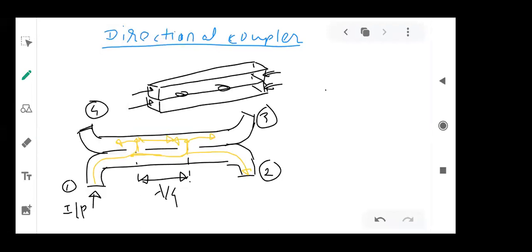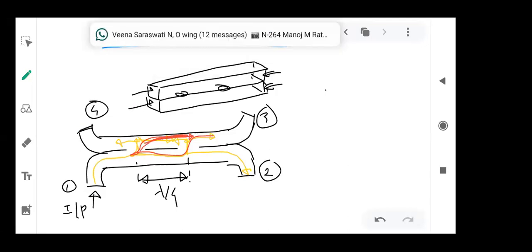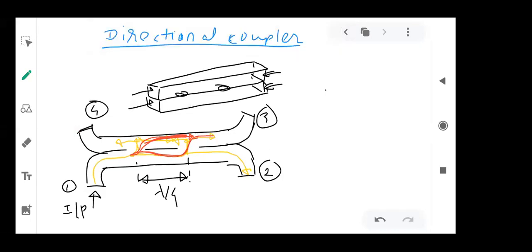See the power which is coming from port number 1 and following this path. The majority of the power is traveling in the lower part and getting coupled in the upper arm. So you can see the power which is moving from here to here, and the power which is moving from here to here, or signal actually. They are traveling the same distance. Both are traveling lambda by 4 distance, whether you talk about the power in the lower arm and then from the second aperture, here I will call this the second aperture, and here I will call this the first aperture.